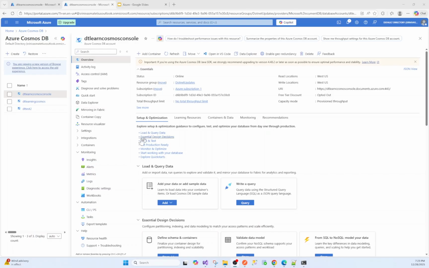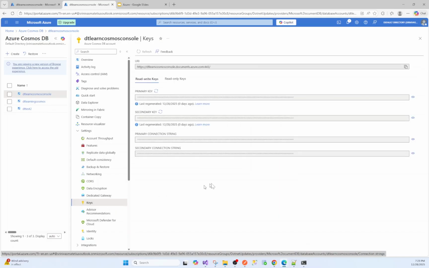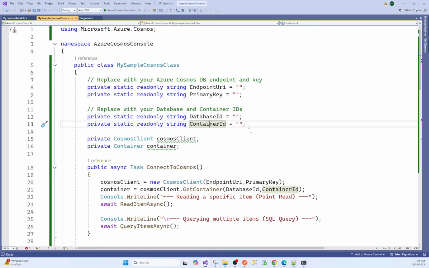So let's explore. Go to your Cosmos account and go to the settings. There is a section called keys. So this will give complete information, like what are the required parameters for your code to connect to your Cosmos DB. So the URI, you can just copy this and put it here. This is the endpoint URI